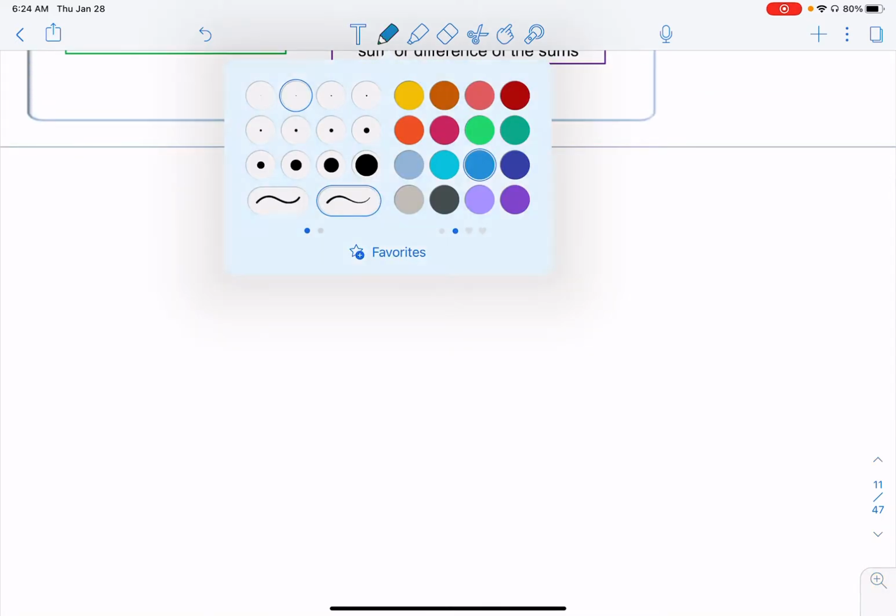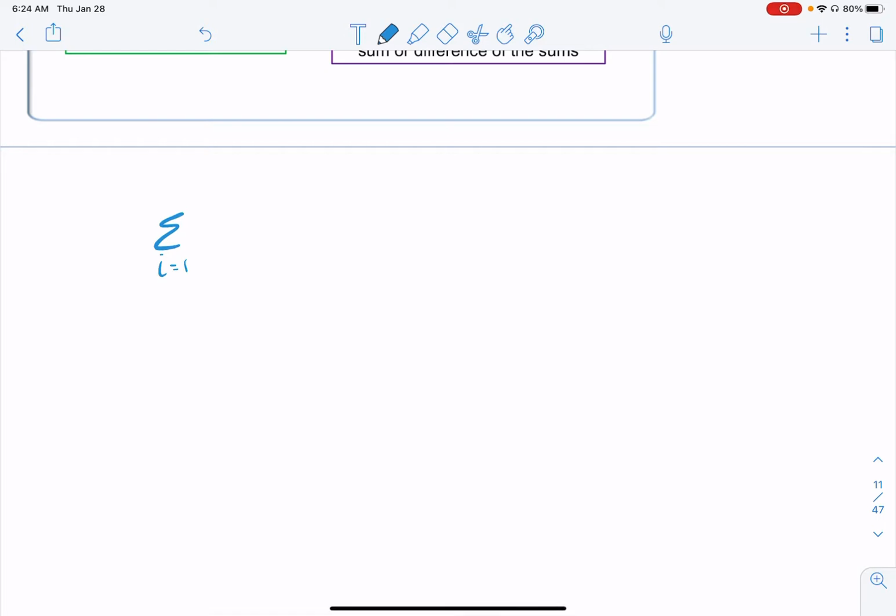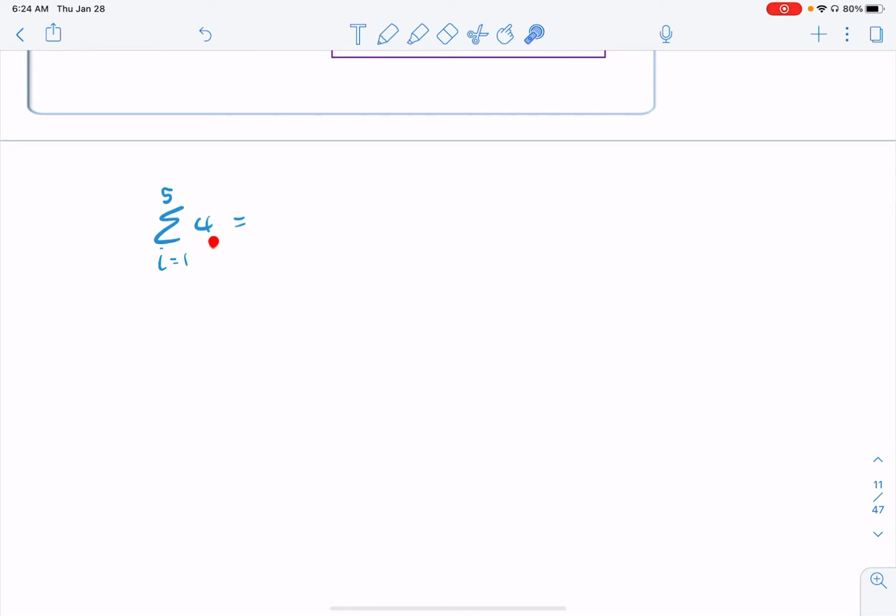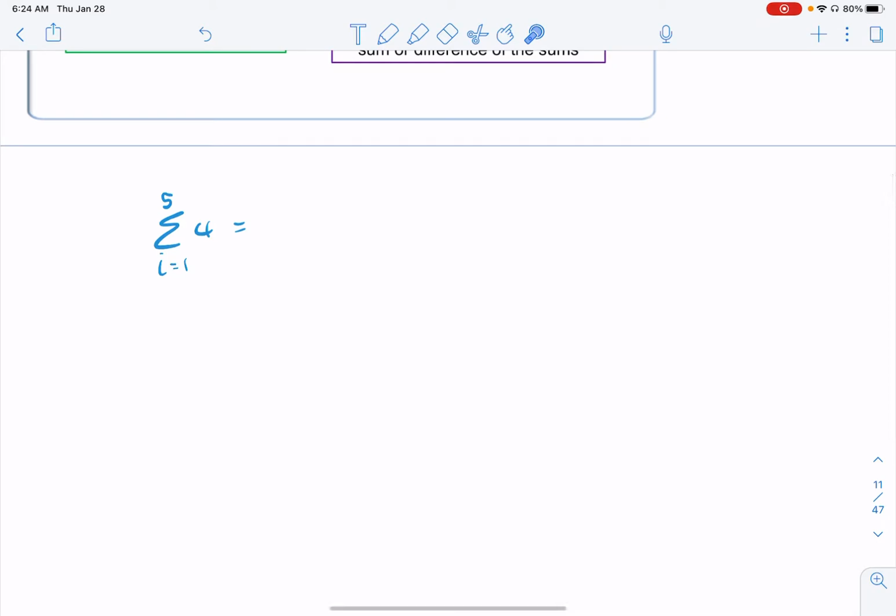So this summation from i equals 1, let's say that we just do i equals 1 to 5 of the number, I don't know, 4. So now the number 4 does not change. I go to stick in the number 1 into 4, and all I get is a 4. Plus, okay, so then my index is supposed to increase by 1, so it's going to go to 2. I don't get anything, so I have to keep it as a 4. Plus, and I do it with 3, and I get another 4. I do it with 4, and I get another 4, and I do it with 5, and I get another 4. So, of course, notice that there are 5 copies of that number 4, so it's essentially 5 times 4